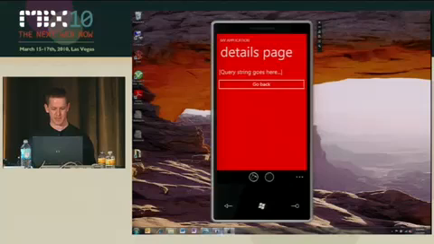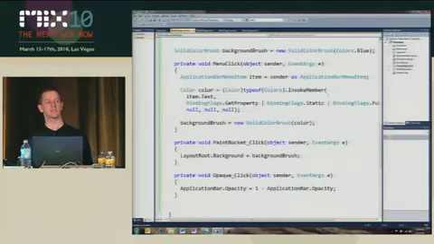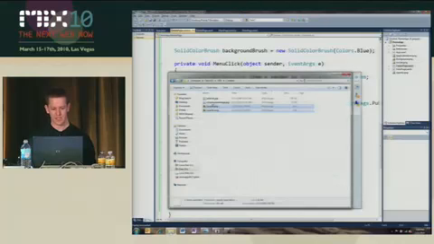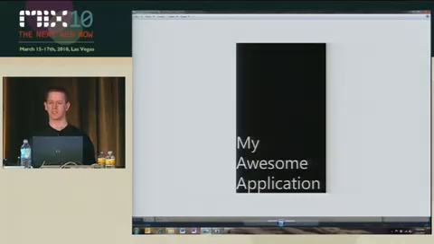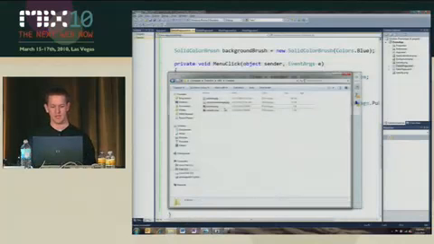Let's go back to the app and look at one more thing, and that is splash screen support. So my application right now boots pretty fast because it's kind of simple. But if my application was more complicated and had a lot of resources to load, it might take a while to start up. And so we have a super easy way for you to do splash screens in your application. If I go back to my content here, there is an image that looks like this. It says, "My awesome application," because it is indeed awesome. And it's just called